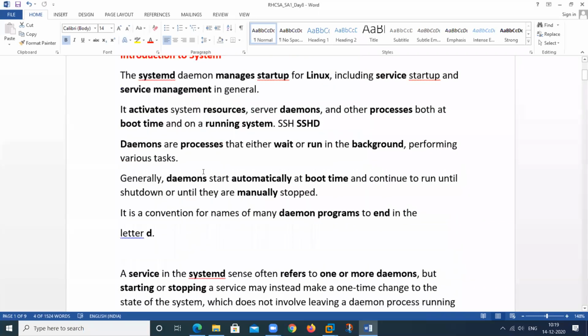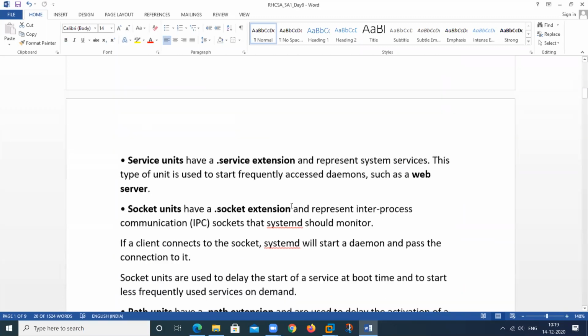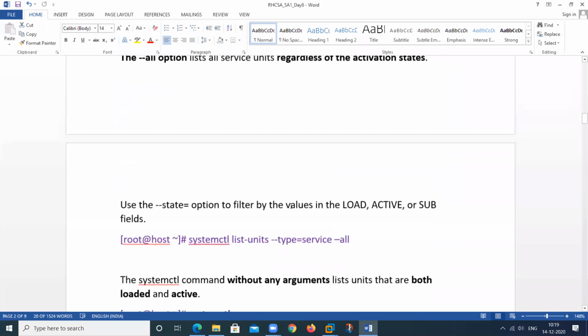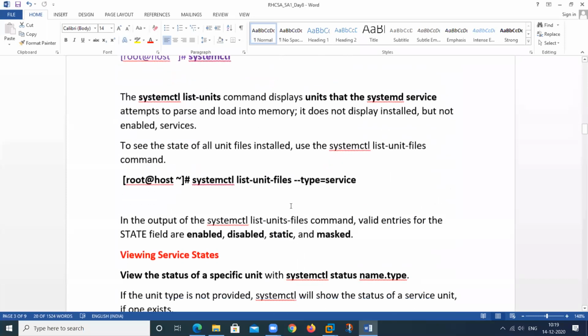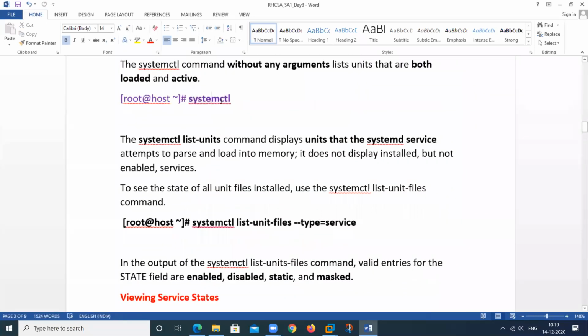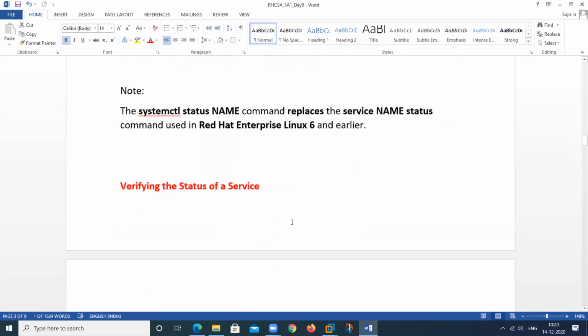We will also discuss the units, how many types of units, and how to start a unit by using the systemctl command. We use the systemctl command to start the service, stop the service, enable the service, disable the service, mask the service, unmask the service. These all things will be discussed in this chapter.